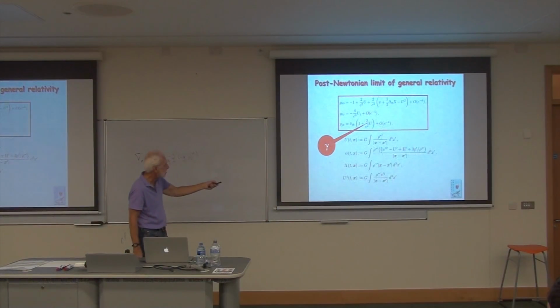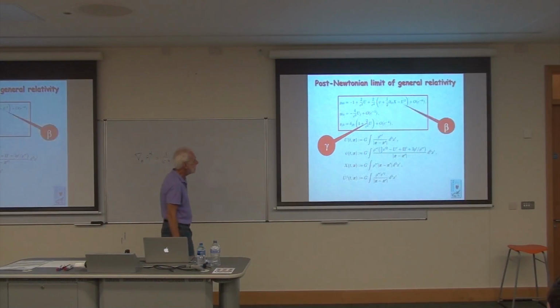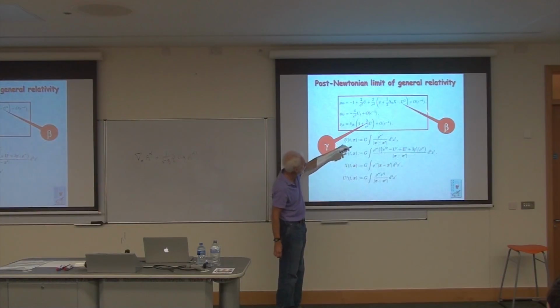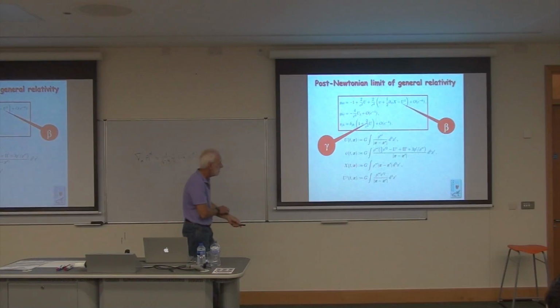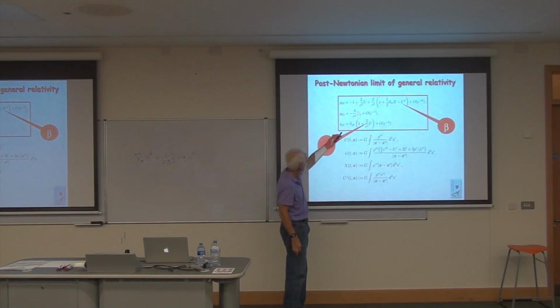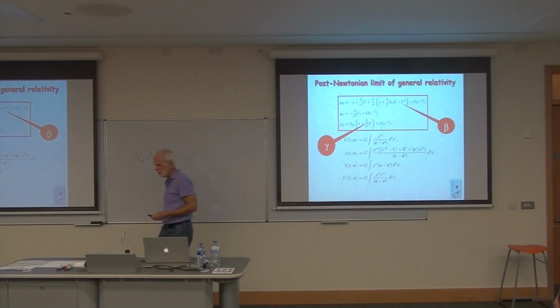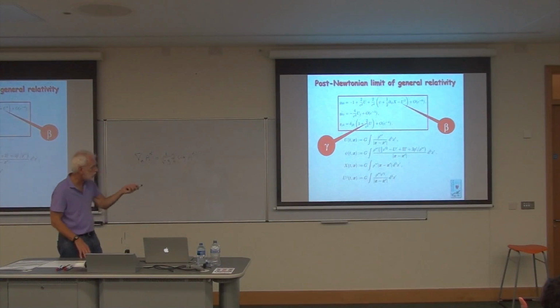In general relativity, gamma is 1, but in different theories it could be different from 1. And up here, for example, for minus u squared, there's a beta, another parameter whose value might depend on the theory you're looking at. And then in various other terms, there's a parameter that appears here. Each of these has a numerical parameter that could differ from theory to theory. There's a parameter there that could vary, and so on. And in some theories, there's even a potential that doesn't appear in GR that you must